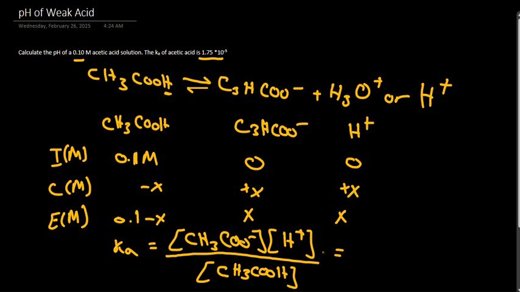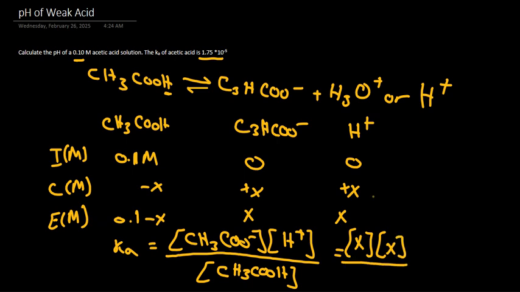We know the CH3COO minus final concentration is just x, and the same for the hydronium. And for CH3COOH, acetic acid, it's going to be